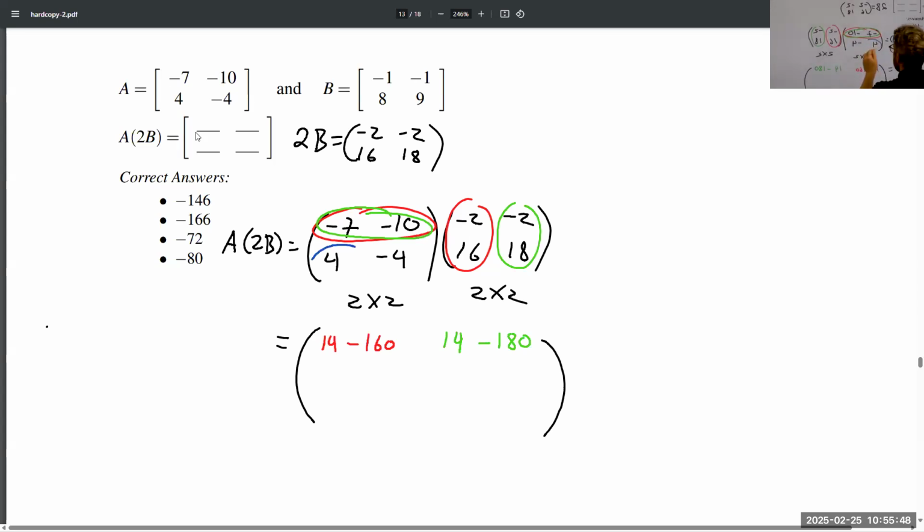Row by column, negative 8, negative 64. Row by column, negative 8, negative